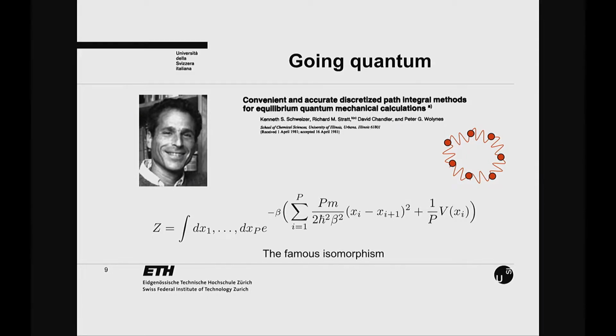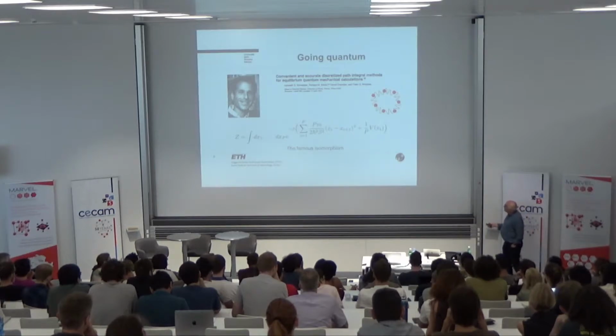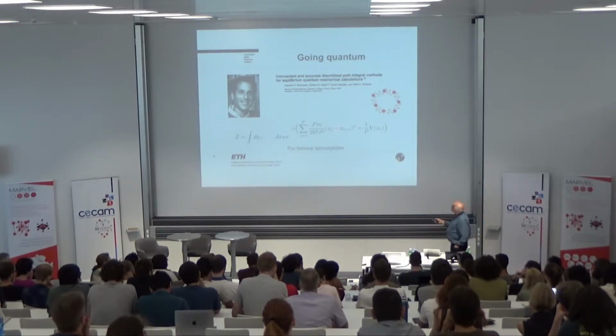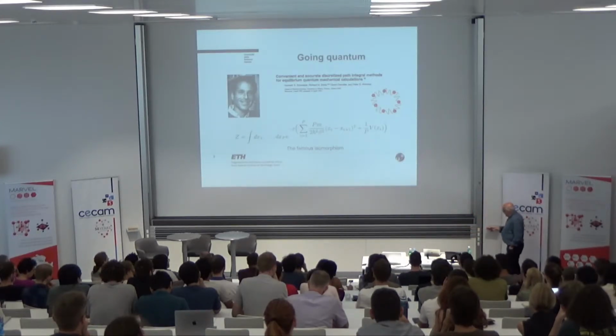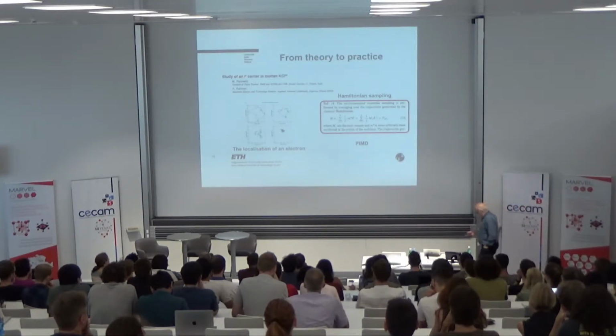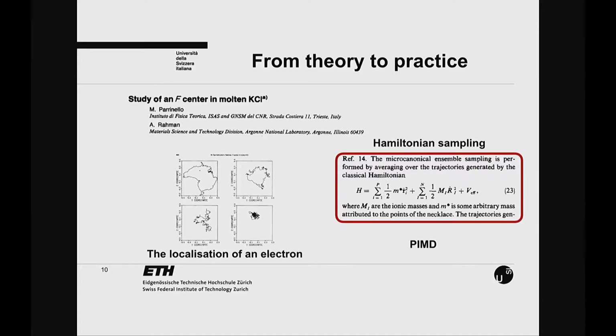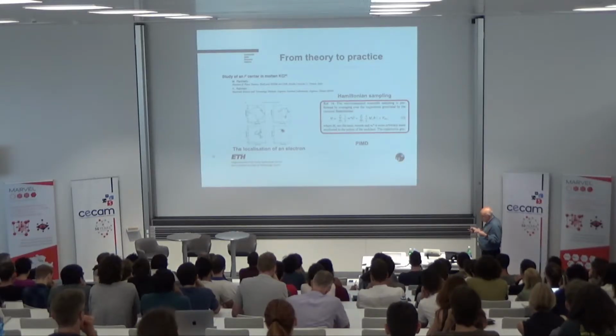So how to treat a quantum particle, using the famous isomorphism based on Feynman's quantum statistical mechanics approach. We liked it very much, and so we decided to put this formalism to work in a realistic environment. But we did it with a twist,